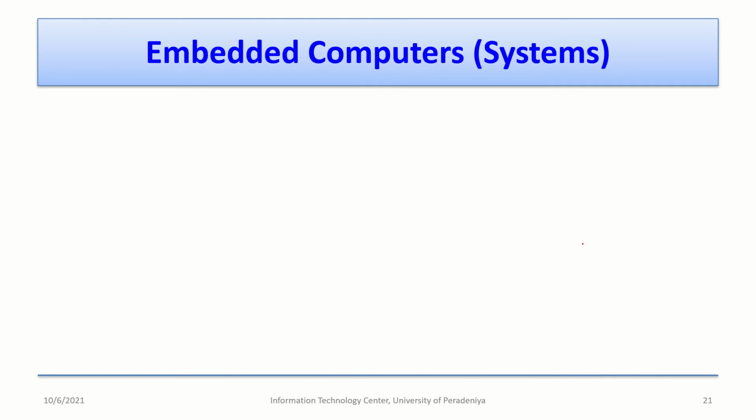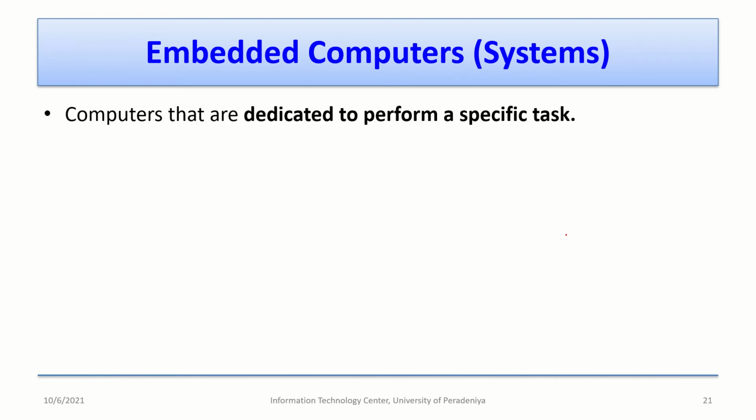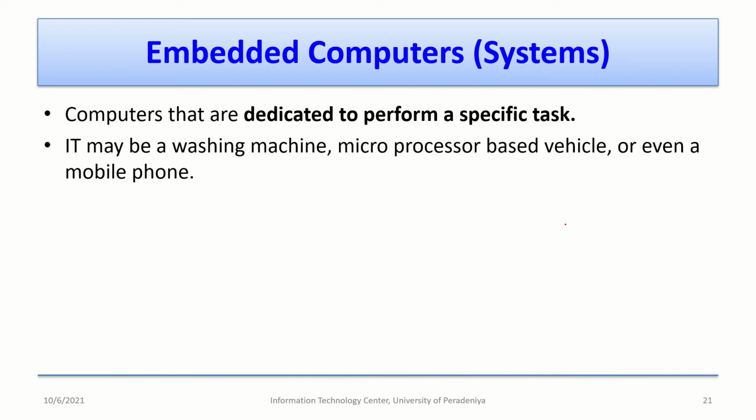And then next one is embedded computers, right? So what is meant by embedded computers? All right, embedded computers are computers that are dedicated to perform a specific task, right? So the computers that are dedicated, right, to perform a special task. It may be a washing machine, or an air conditioner, or a modern vehicle, right? So inside those systems there are some units which are dedicated to perform